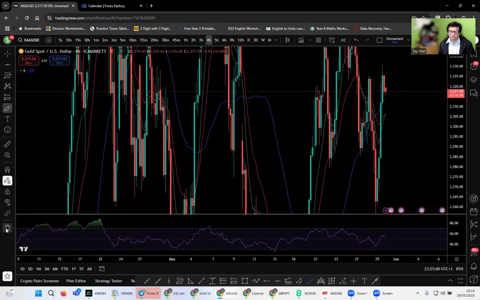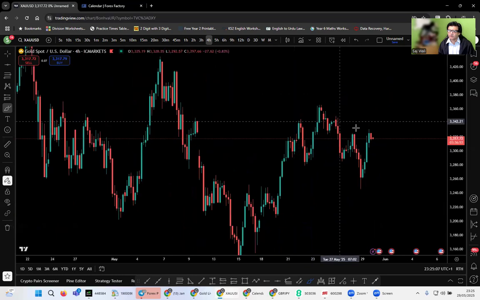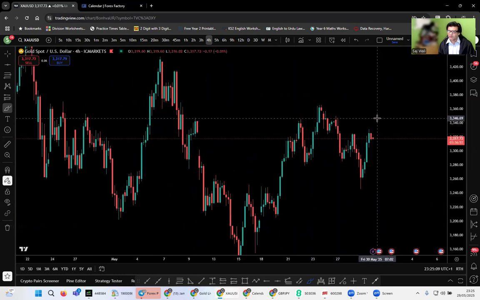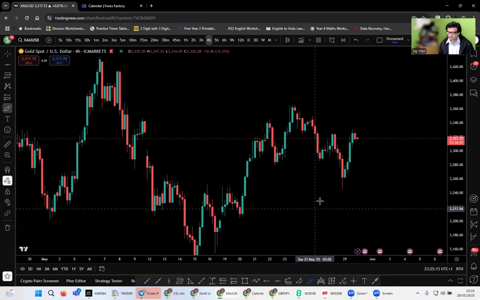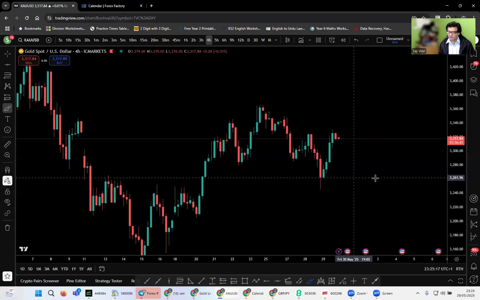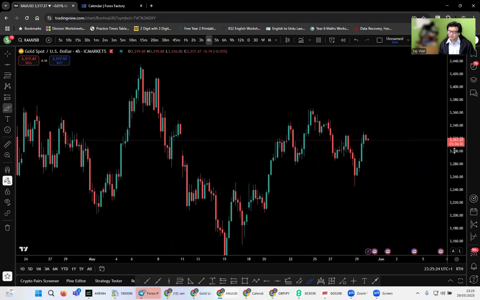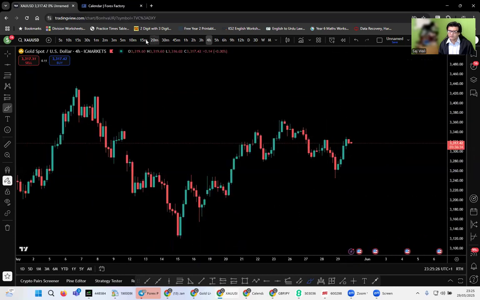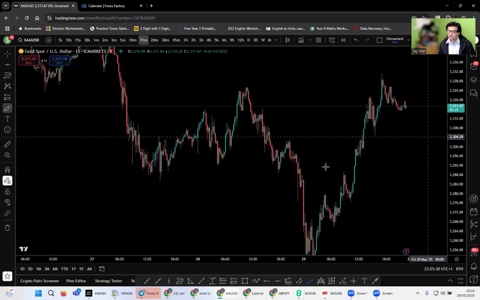So best trades would be after the break of this 4 hour and the retest. And then we can have another trade probably from here to the buy side. If this is broken, then we can sell trade on the retest. That's a standard thing to do. See what's happening in 15 minutes.